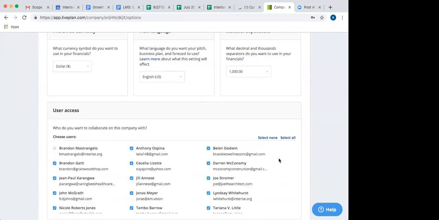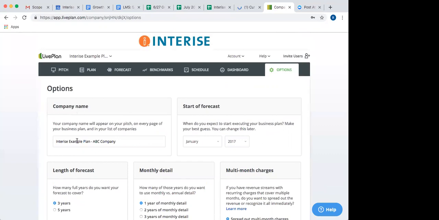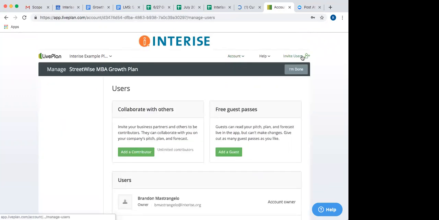Who has access? You can see who has access, who doesn't. And again, if you want to invite users, you just click that invite user section. You can add contributors. That means they can actually edit the plan and adjust some of the fields.